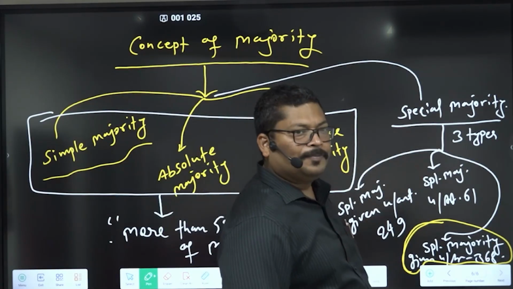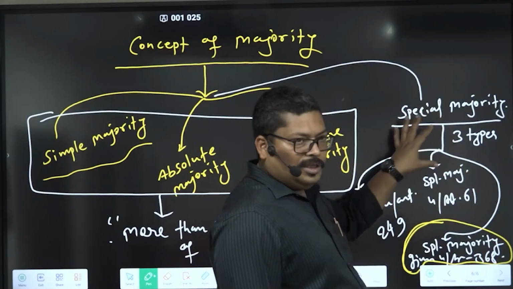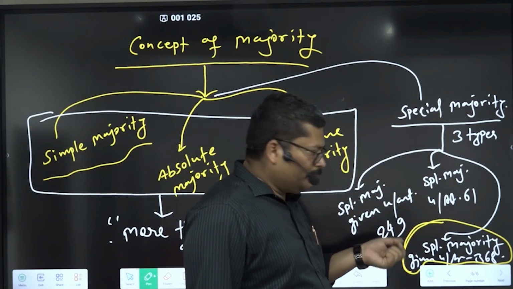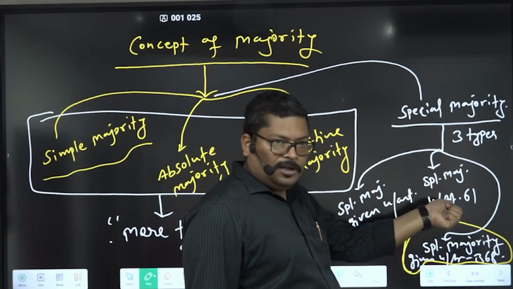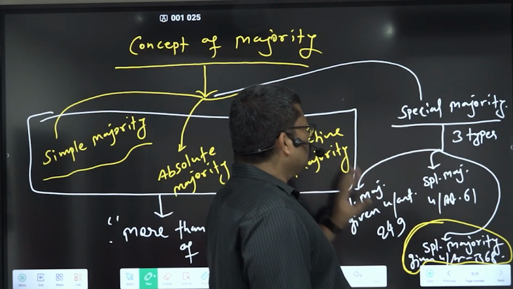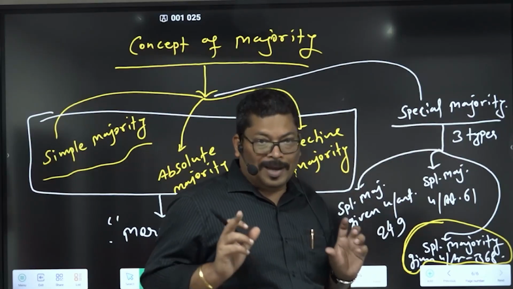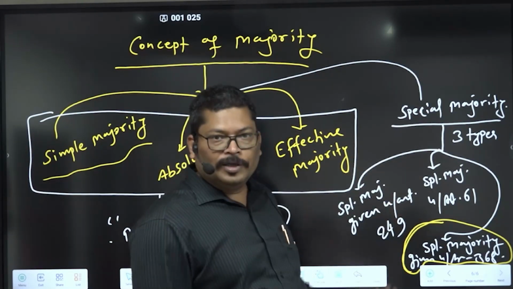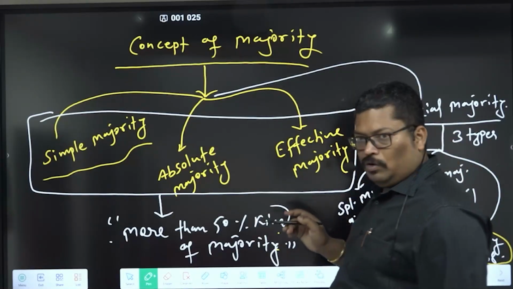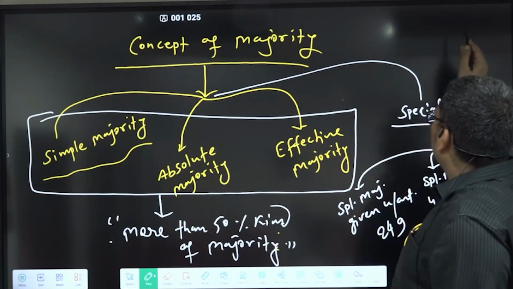Special majority. We have three sets of special majority. One is special majority under Article 249. Second is special majority under Article 61. Third is special majority under Article 368. So, what should be the common pattern that could be followed over here? Look. Here in special majority, you need to follow a simple pattern. That pattern is